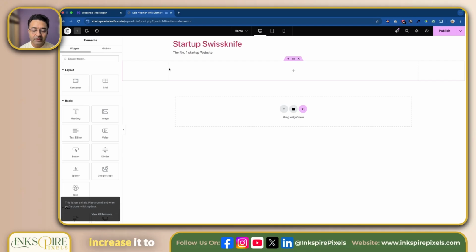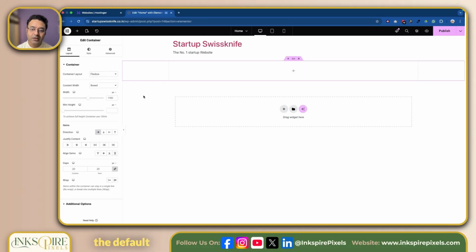So if we increase it to 1200 pixels, then the box might be this big. If we make it full page, it will be till the end of the page. If we reduce the size over there, it will be till here. So you have an option to decide the default width of this box, but you can also change it from here. So if we want the content to be in a smaller area, say for example only this much area,